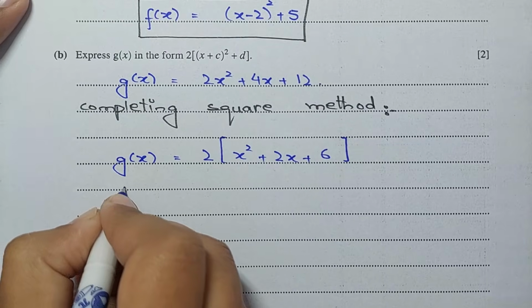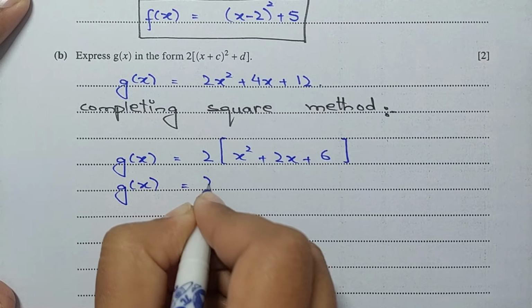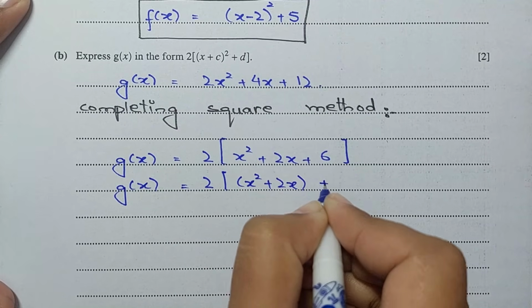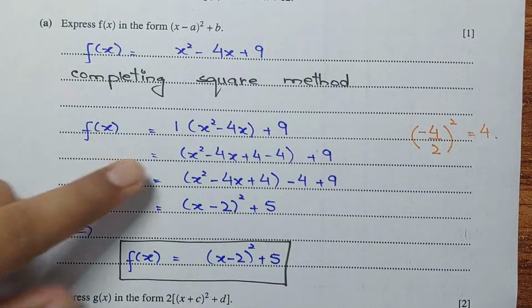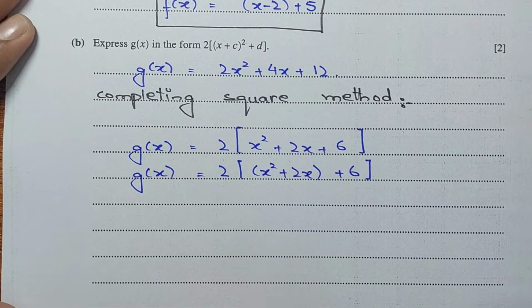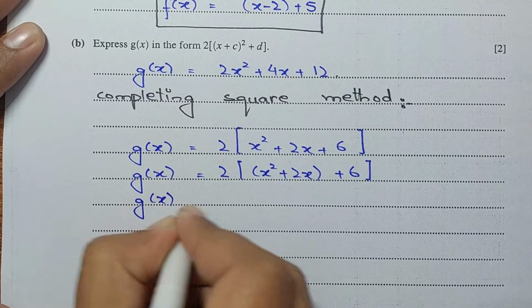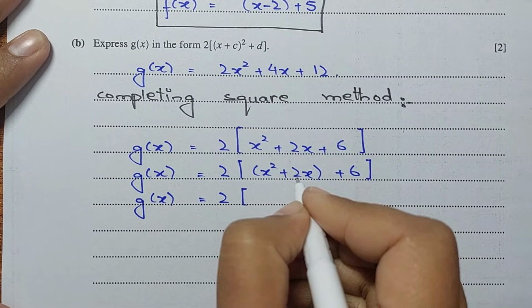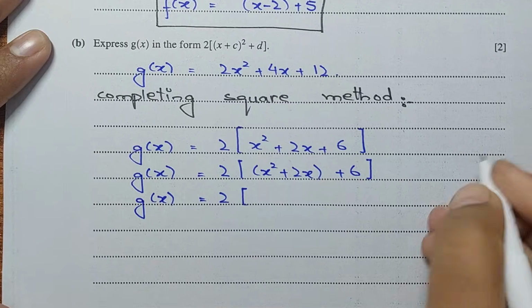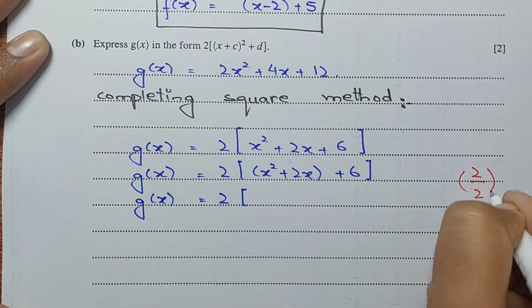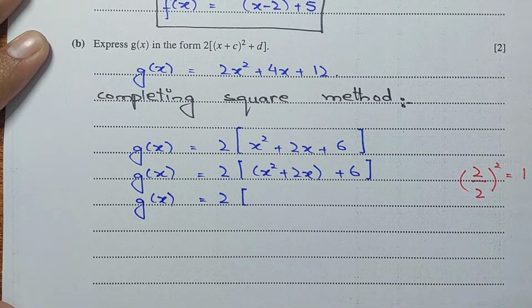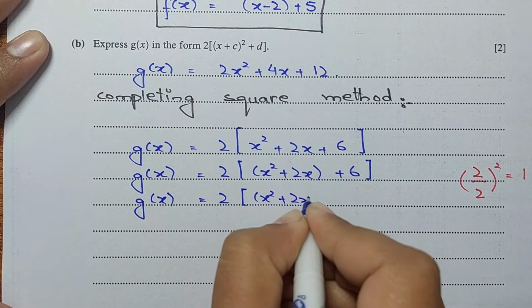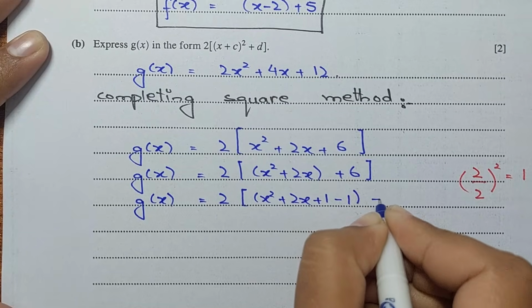Okay, now combine the first two terms. G of x is 2x square plus 2x and plus 6 is outside, like we did in this A part. Okay, now the next step is again take the coefficient of x common. So inside the bracket, the x coefficient is 2, divided by 2, take its whole square. So this is just 1. So add and subtract 1 inside the bracket, which is x square plus 2x plus 1 minus 1